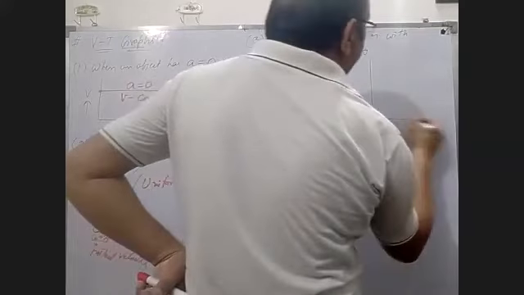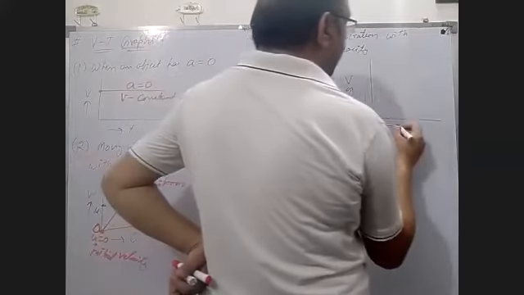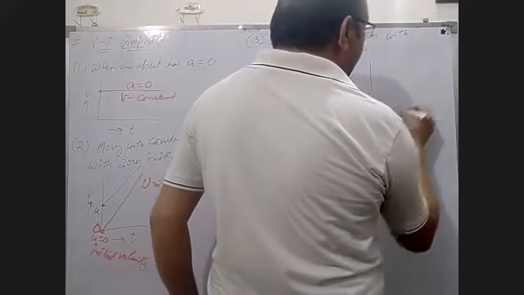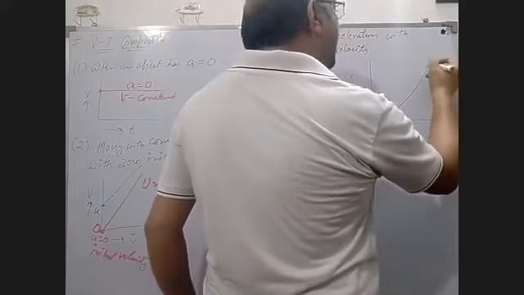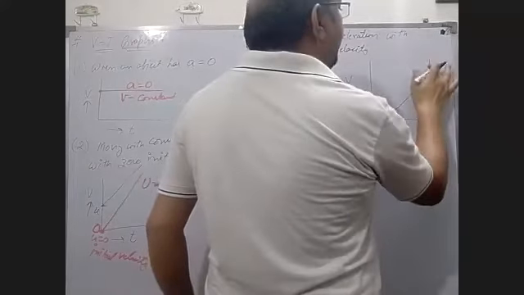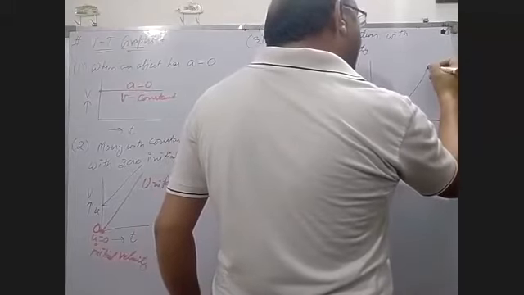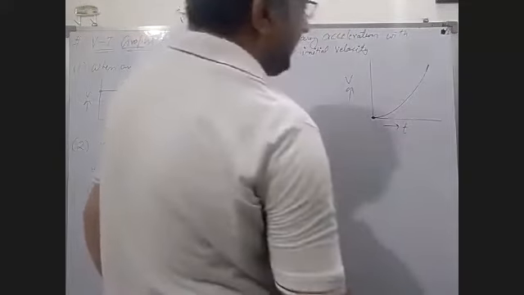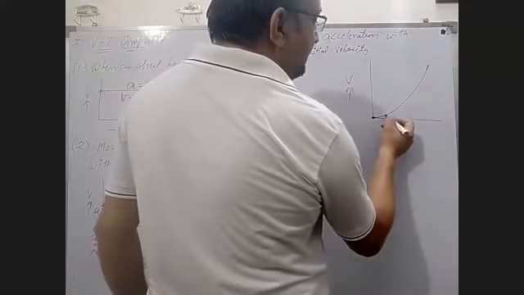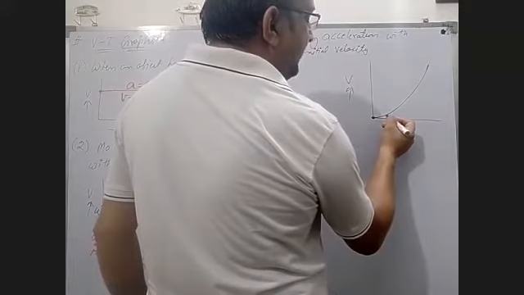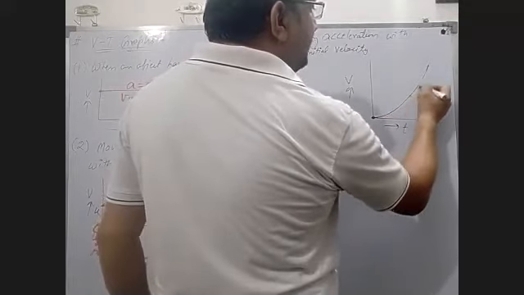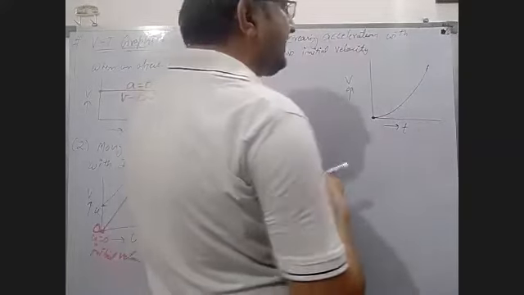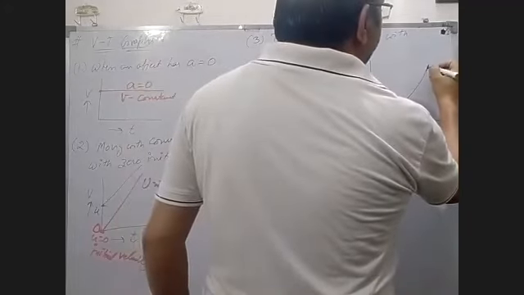Then what kind of graph is there? The nature of the graph will be from zero initial velocity, you have to take it in this way, not like this. Okay, you have to take it like U. Okay, in this way. Firstly, the increase in acceleration is very less, and after some time you can see here the maximum increase or rise in the acceleration is at what point?